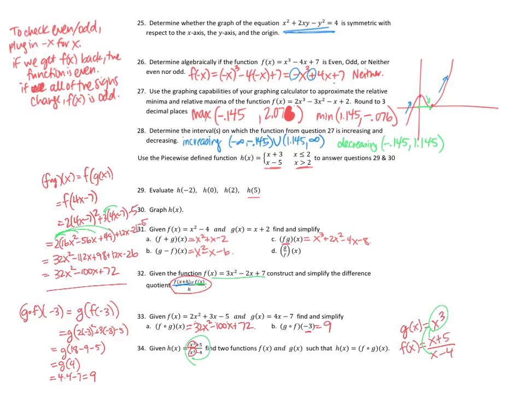And so that's what I think. I think that if I let f be x plus 5 over x minus 4 and g be x cubed, then if I compute f of g of x, that's going to be f of x cubed, and that's going to be x cubed plus 5 over x cubed minus 4, which is what we're trying to